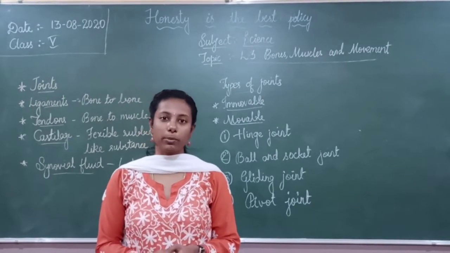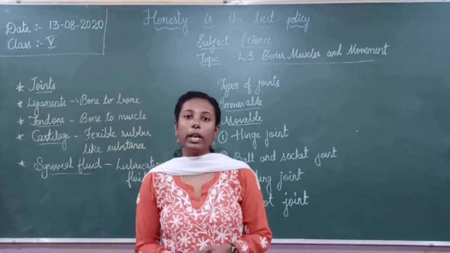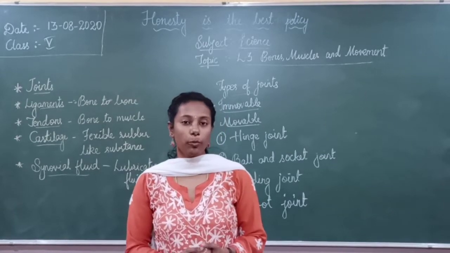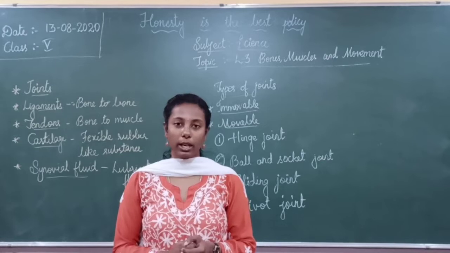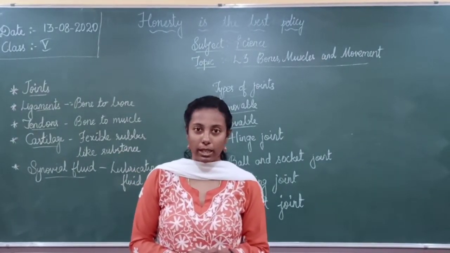In the last video, we learned the different types of systems in our body, like the nervous system, respiratory system and so on, and their functions also. We learned various types of bones in our body, the uses of bones, and also what a bone is made up of, correct? Then we also studied the functions of a skeleton.